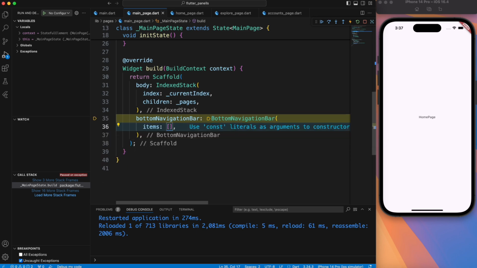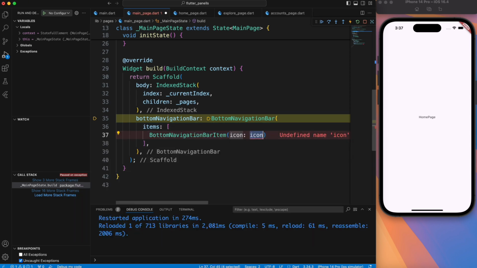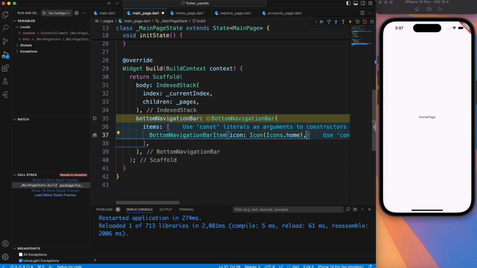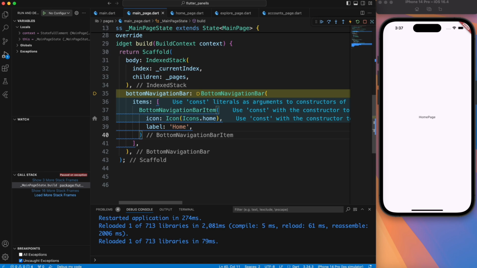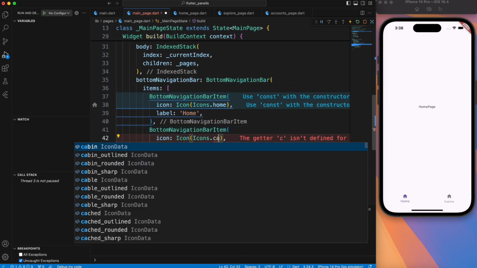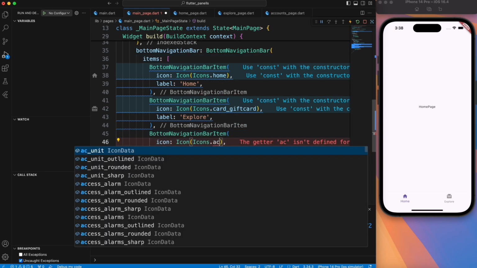The issue is because it's asking for minimum items length. So at least we need 2 items in the bottom navigation bar for this widget to work, because there's no sense if you just have one bottom navigation bar item, you can just use it without the navigation system, right? You have just one button. So it says that you should have 2 items. Now quickly I will create navigation bar items for home, explore, and accounts,